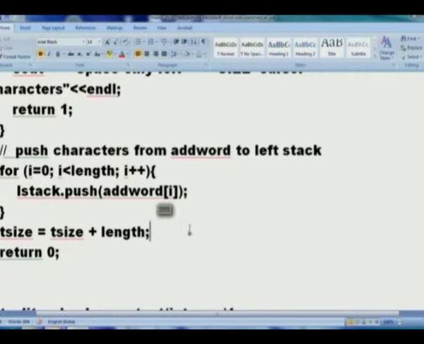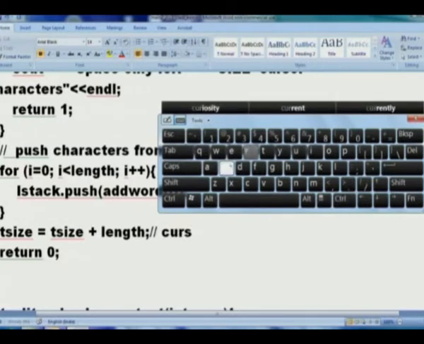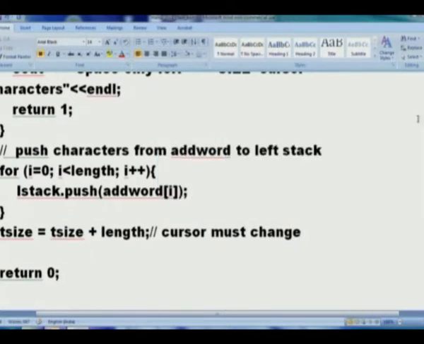Yes? Agreed? Cursor must change. I'll just leave it in the slides that I will post there.